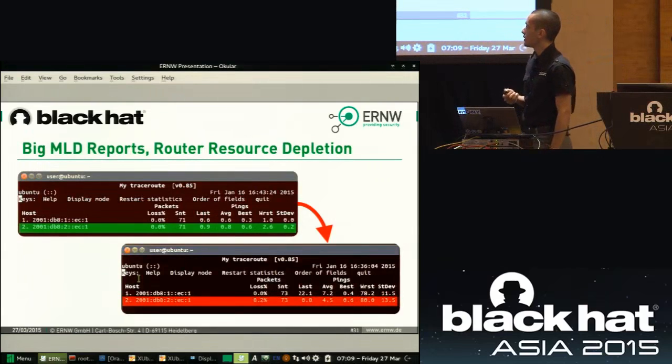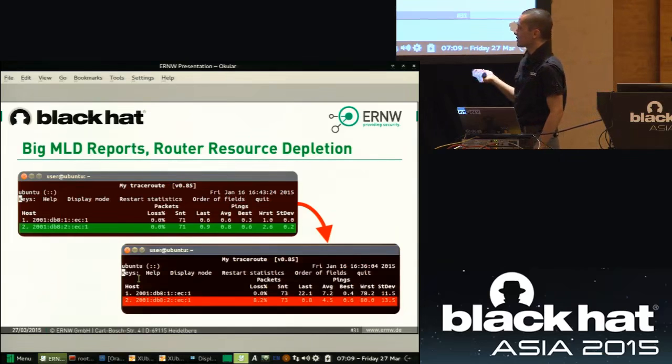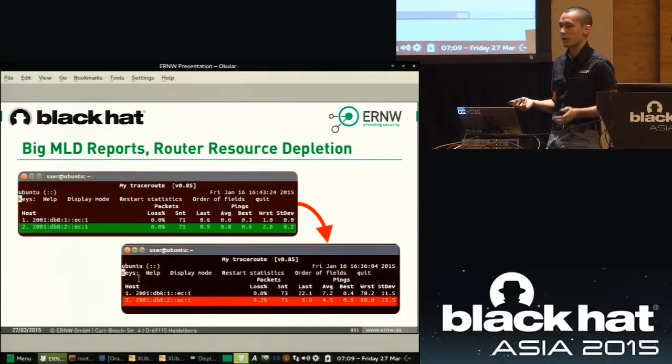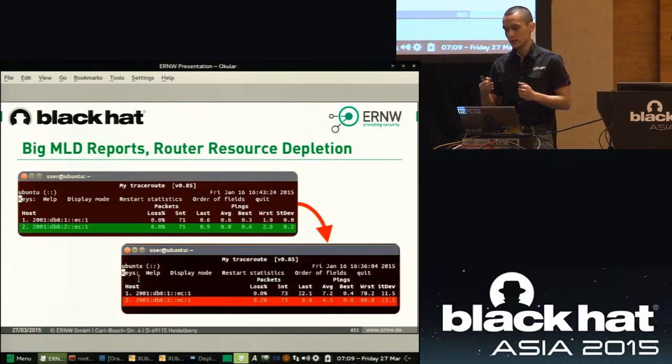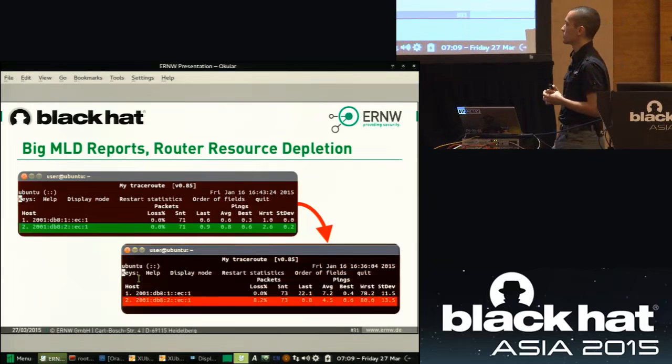But if you look at the router side, you jump from 0% packet loss to sometimes 10%, 20%, or 50%, and sometimes 100% packet loss, just by increasing the throughput you're using, trying to overload the network with MLD version 1 queries, or in this case MLD version 2 reports.